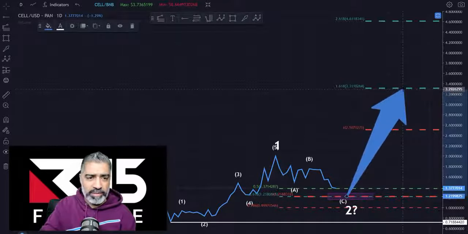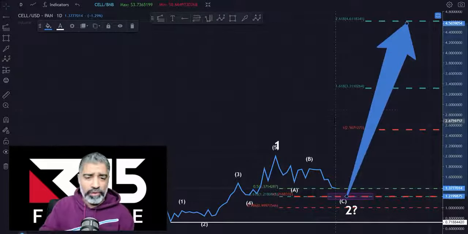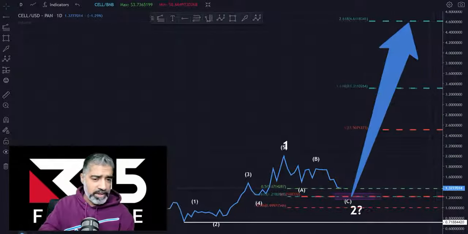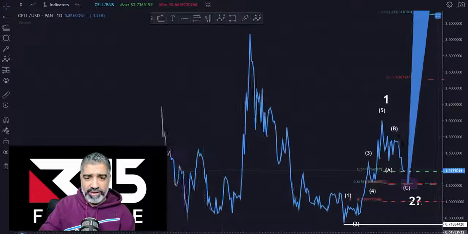This is what we expect as a minimum for a wave 3, and this is an overextension of a wave 3, which is $4.61. And then that is the analysis of CellFrame, right? So if we look at the price data available,